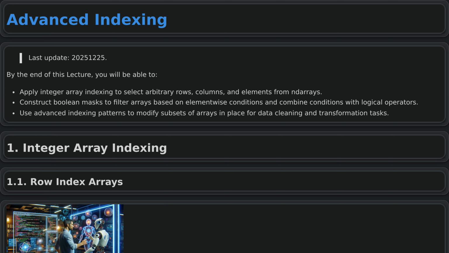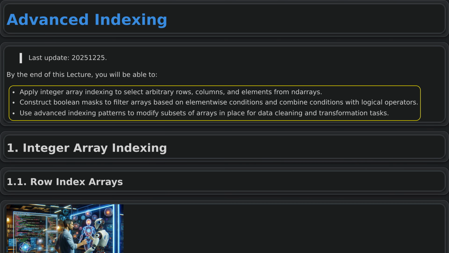Module 2, Lecture B, Advanced Indexing. By the end of this lecture, you will be able to apply integer array indexing to select arbitrary rows, columns,